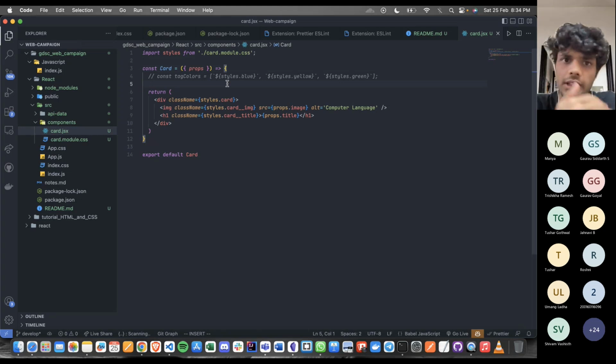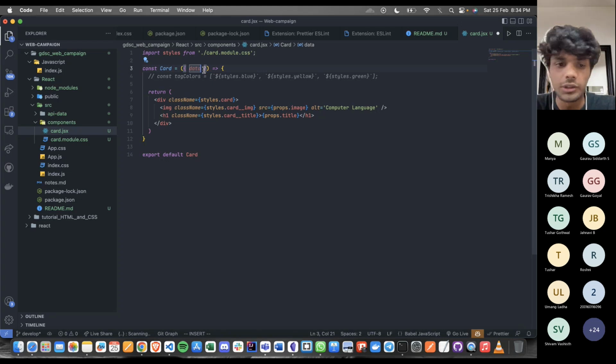प्रॉप्स नाम दिया था उधर, और इधर प्रॉप्स, मैंने प्रॉप्स लिया। अब मैं यहाँ पे प्रॉप्स की जगह कुछ और लिख दूँ, मान के चलो डेटा। बट डेटा नहीं आएगा ना। क्यों नहीं आएगा डेटा? क्योंकि मैंने वहां लिखा ही नहीं है डेटा। मैंने वहां किस नाम से दिया? प्रॉप्स के नाम से। तो मैं प्रॉप्स ही दूंगा यहाँ पे। प्रॉप्स लिया, आर्ग्यूमेंट की तरह ले लिया इस फंक्शन।